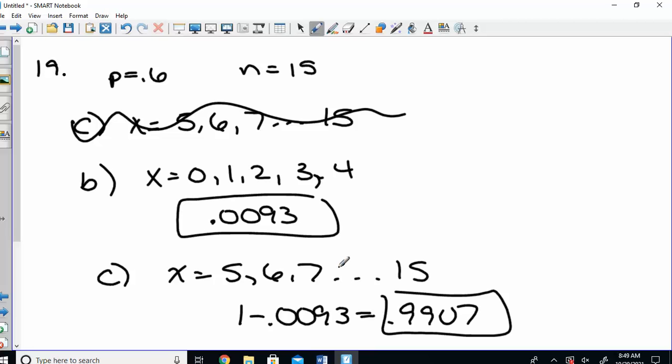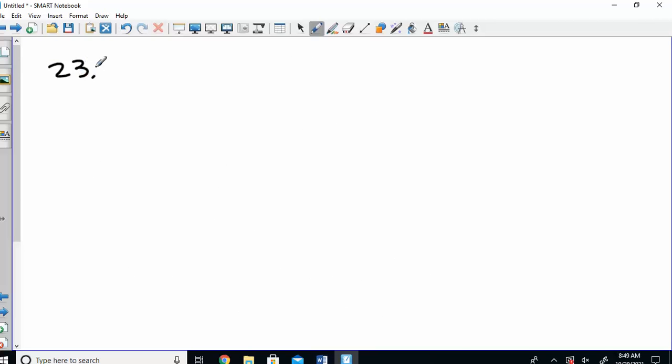You can always use table 3. I use table 4 when I'm adding up things. So since I started at 0 and went all the way to 4, that's a good time to use table 4. If you're not sure, always use table 3 and just add up everything. And when it's a cumulative table, the number you go to is all the previous numbers of